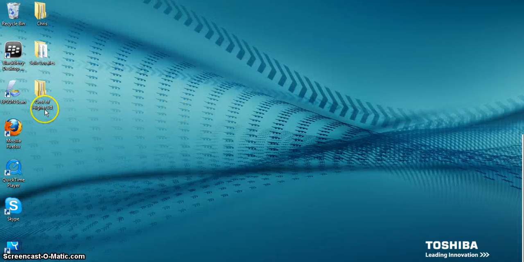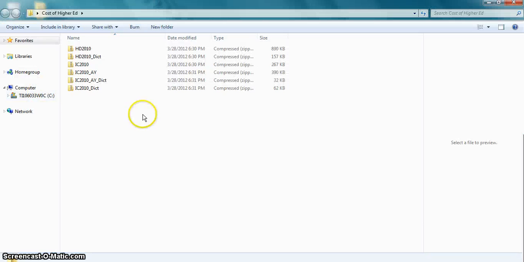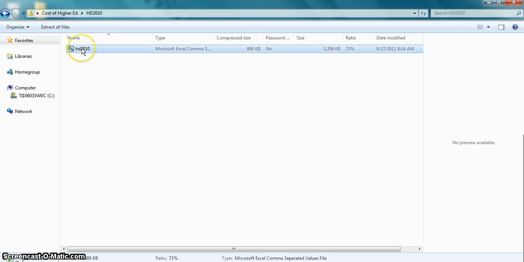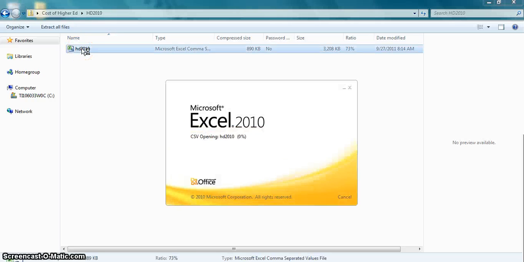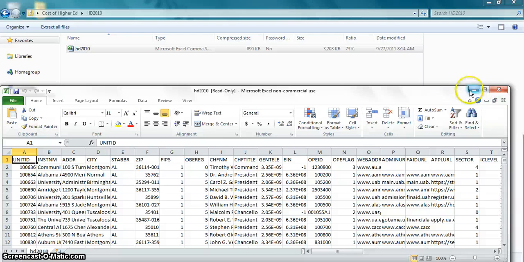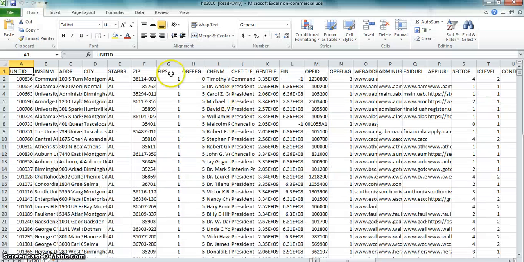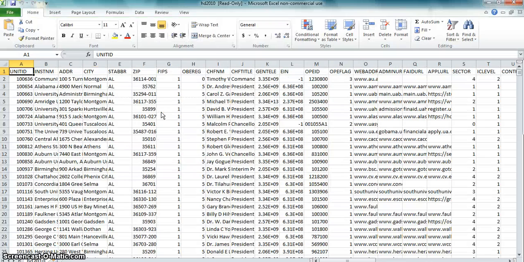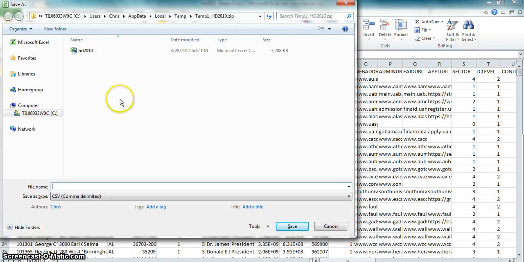So now we've downloaded all the files. Let's go ahead and open up our folder. What we're going to need to do is open these files up respectively, and then let's start using our shortcut keys. So we're going to hold down our Alt key and press F, which is File, and press A, which is Save As, and we need to go back to our